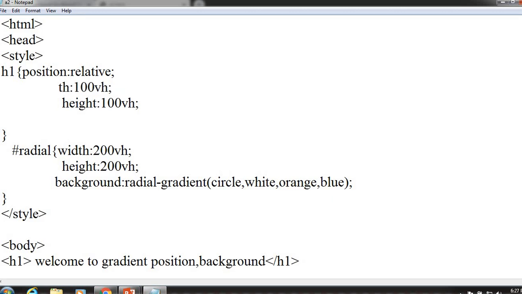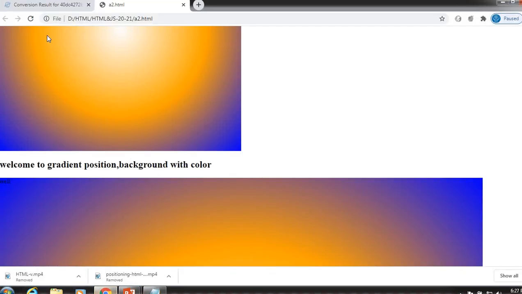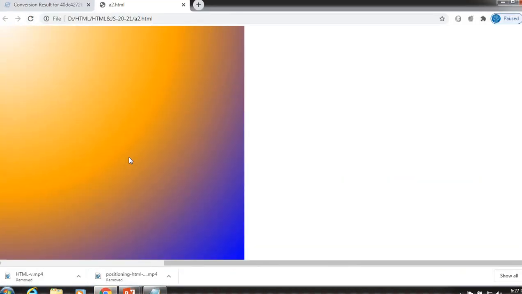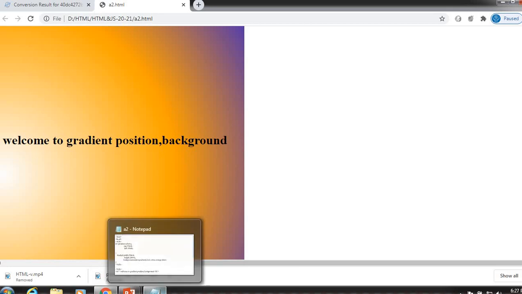Here this is the top position and this is the left, so it will locate the text properly on the page. So this is the text where we have located it in the proper position.